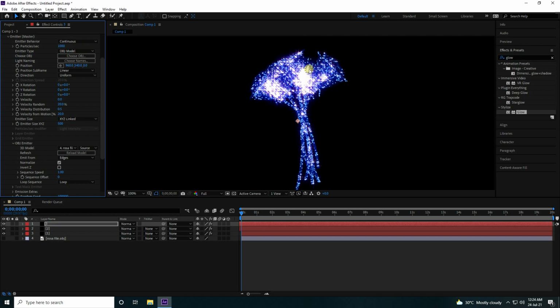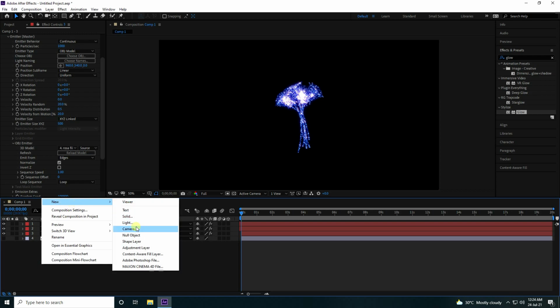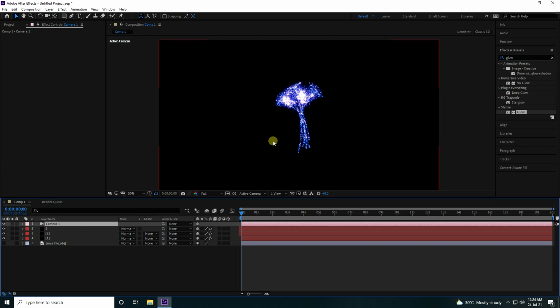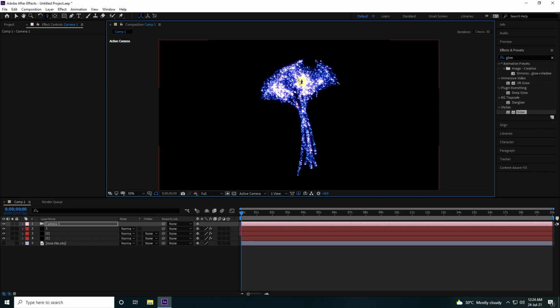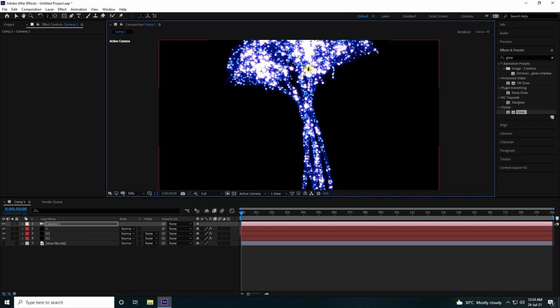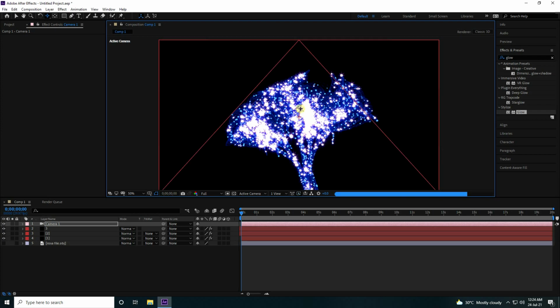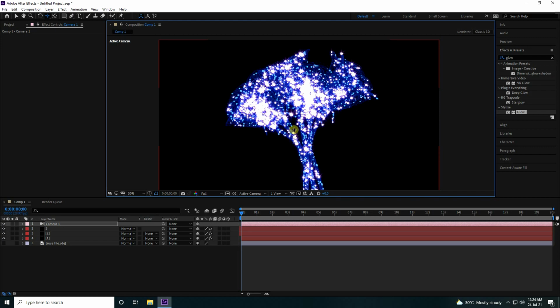Yes, really good, right? Okay, so now guys, this time I take a camera and preset 50 mm is good. And guys, to go closer, press C. So closer, yeah, and down. Yeah, see guys, that's my beautiful particles, right? See, okay, so guys, particle is really good.